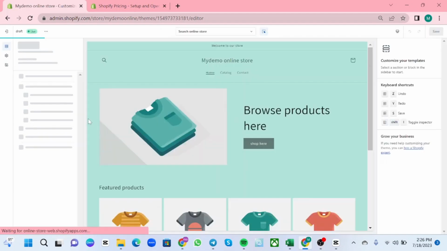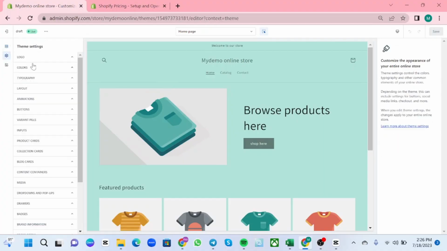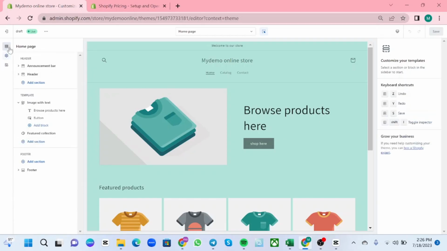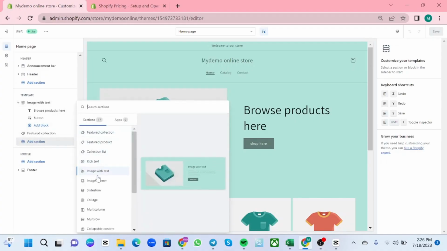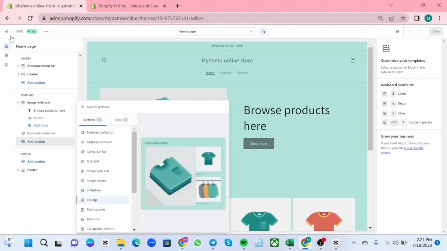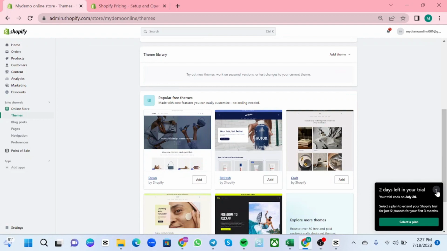So now I'm here in my online store. You can just add some logos, layouts, animations, and it's up to you with your own preference. So you see the template, you can add sections, add features, or whatsoever here in the selections. Or you can simply exit and go to the home page, and right down below here, you will see